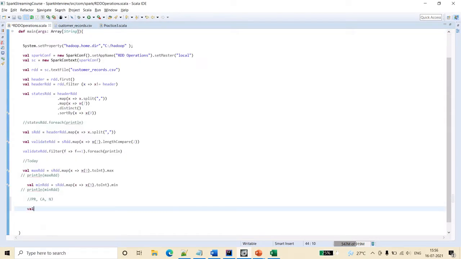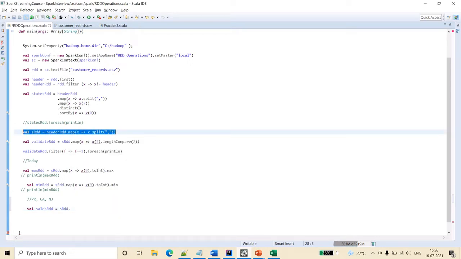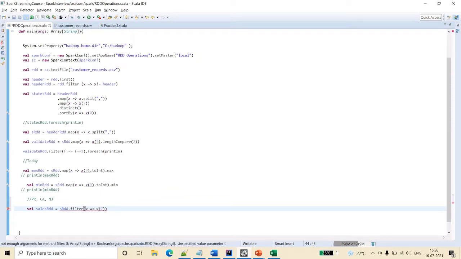Now I am creating an RDD. I am taking SRDD because it has no header and is already split with comma. Now I am filtering. In the filter I am saying x of 7, which we just counted, equal to PR.